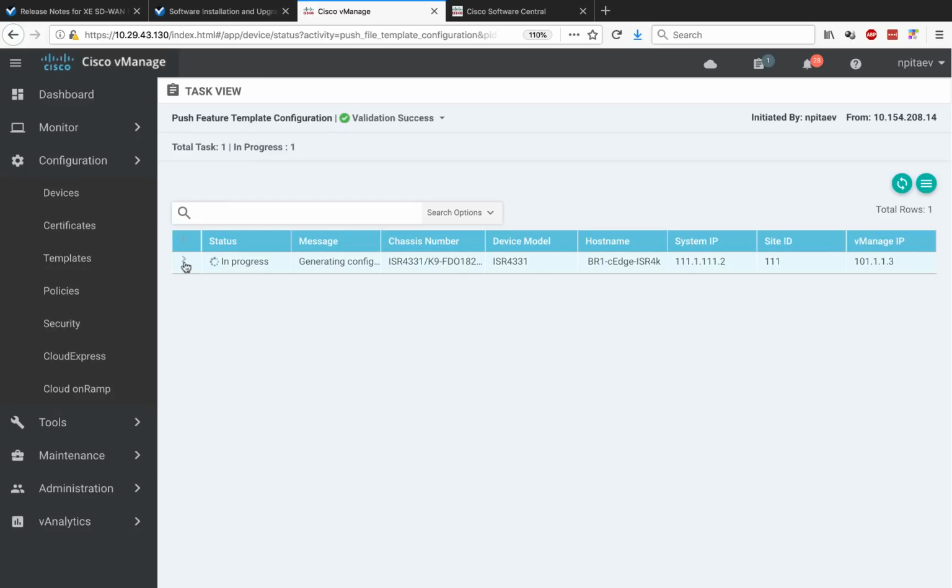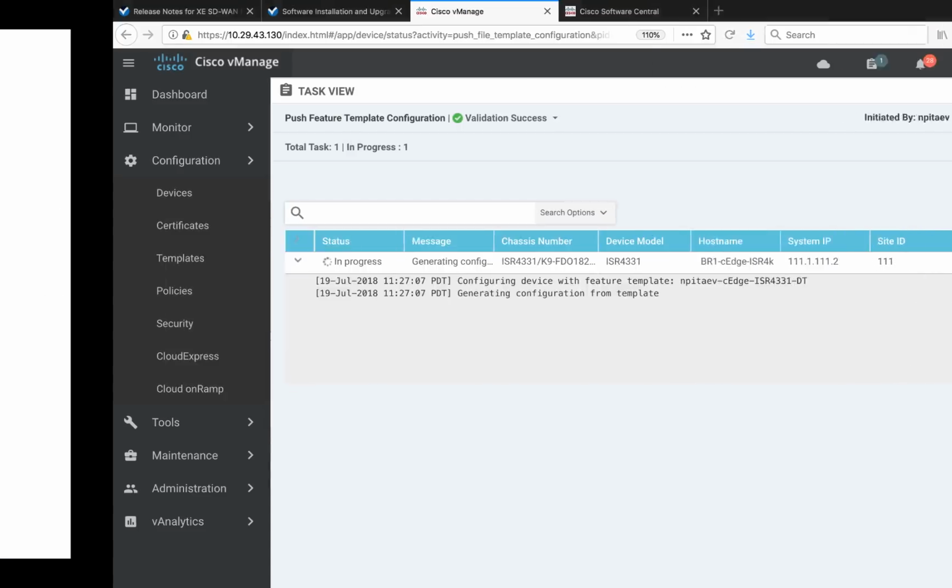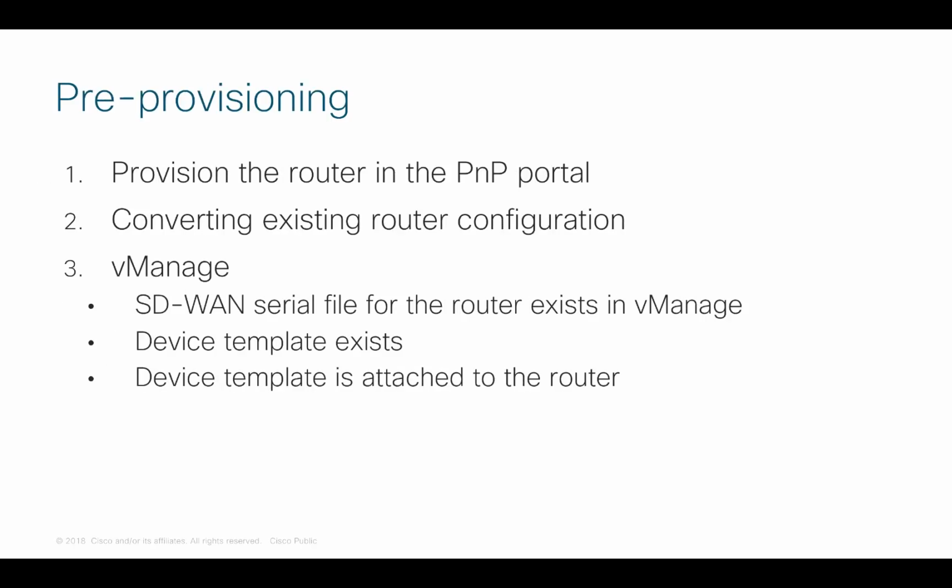Once your device boots up, because of DHCP, you will get an IP address and you will be able to undergo zero-touch provisioning. You will talk to the PNP portal. You will learn about your vBond. Your vBond will tell you about your vManage and vSmart. And when your device contacts vSmart, because you have bound this configuration template for this particular device with the serial number and chassis number, the vManage will automatically push this configuration template onto your router and completely configure it A